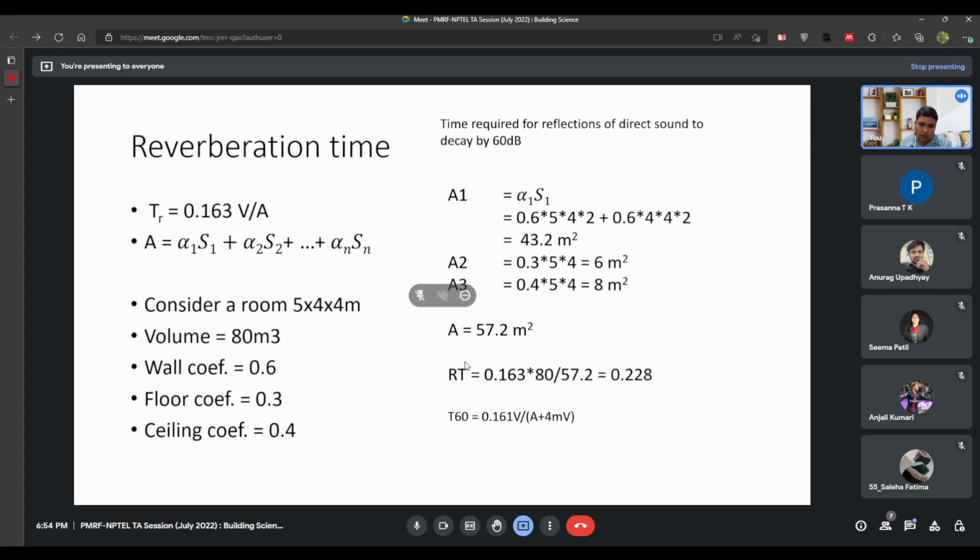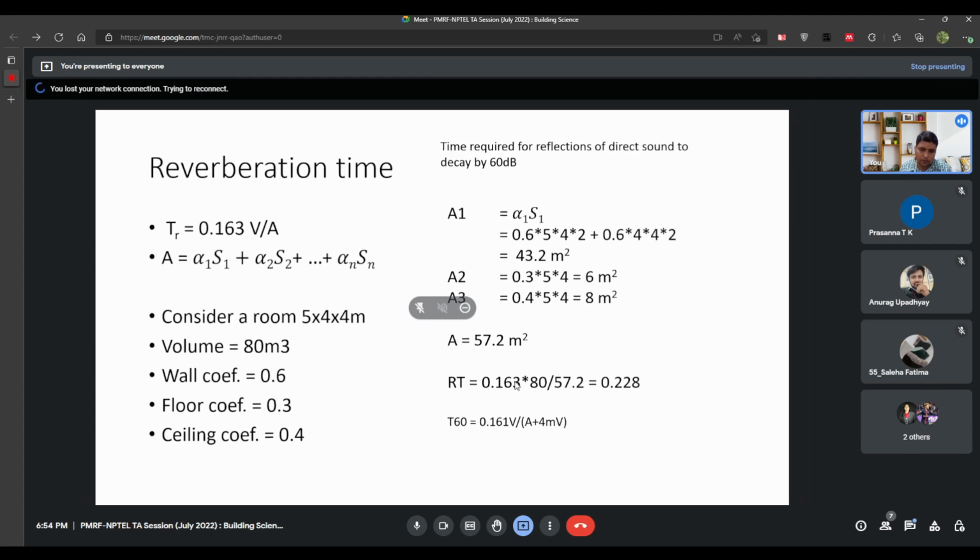Now you use this RT calculation formula, and you